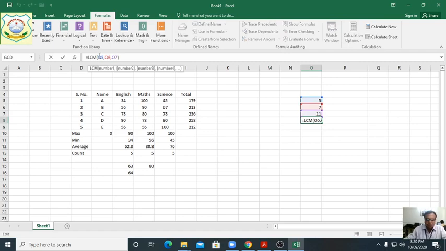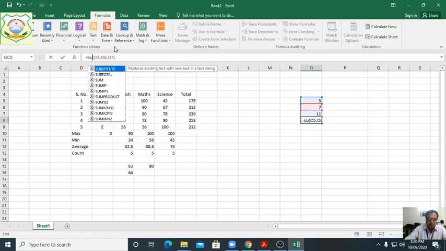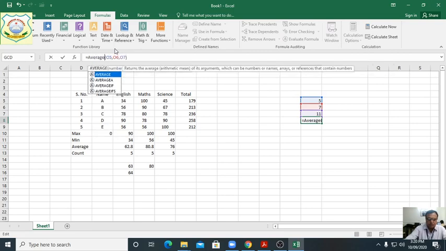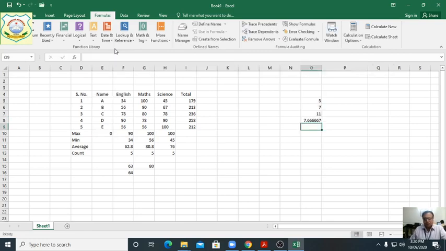In place of LCM we will find the GCD. So 1 will come. In place of GCD you can write, suppose, the sum function. You can use the sum function also, but the sum function is showing the range. See here, the sum function is also the same form. All the numbers, all the addresses we are showing. Average, so average like that.